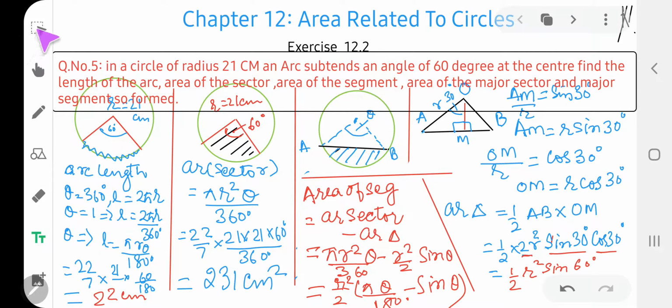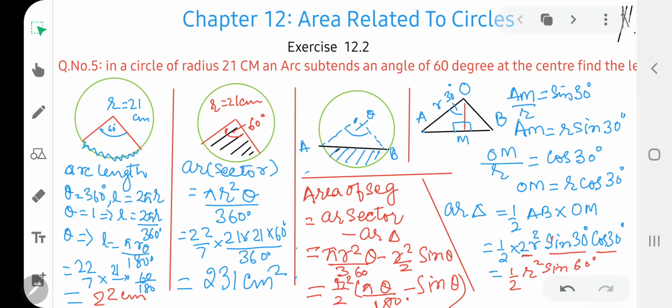So children, let's start. First of all, let us see what are these areas and lengths. In the first part, he is talking about arc length. So this length A to B, this length A to B, is known as arc length. And now we need to find the formula for the length of this arc AB.